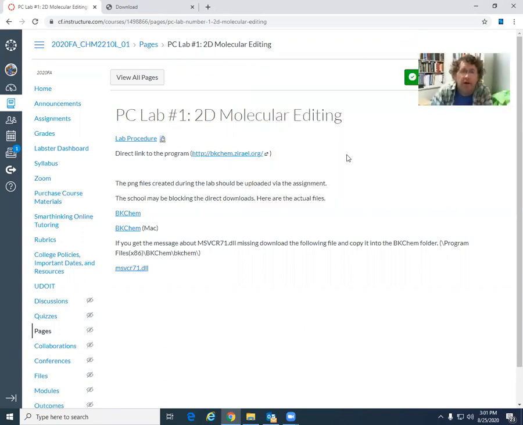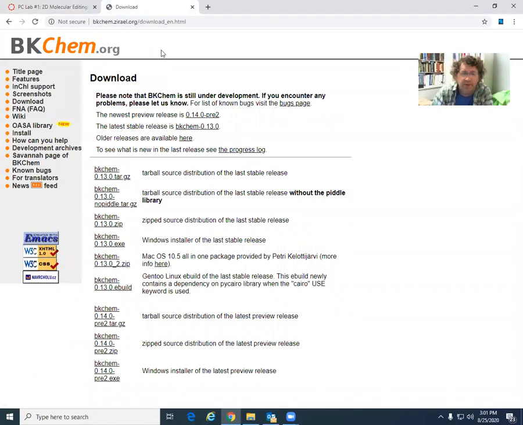All right, and the first thing I want to bring up is I have the link to the site directly. If for some reason that doesn't work, right here is your Windows version and there is your Macintosh version. And hopefully we won't need this. All right, but I'm gonna go right here to the website,